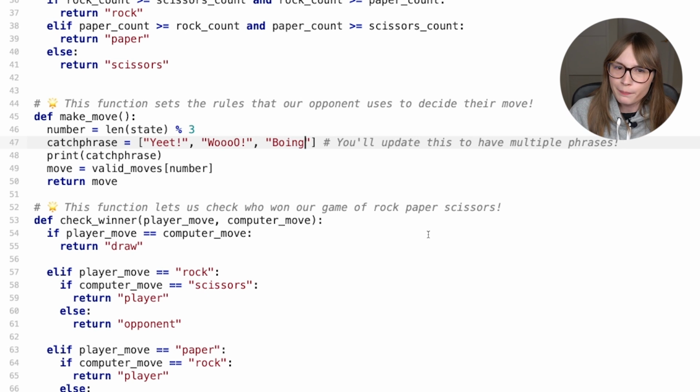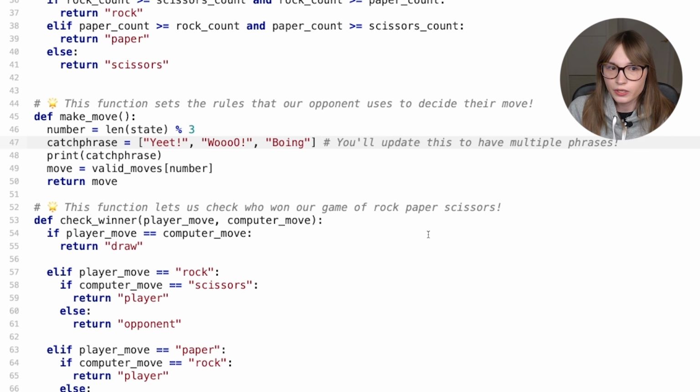But there's one more bit of code we need to change. Because, well, we have multiple values, but we need to tell our computer which value to print. Now, I think we should cycle through these 3 catchphrases in the same way we cycle through moves. We can use number. Now, we're able to access a specific value in a list.